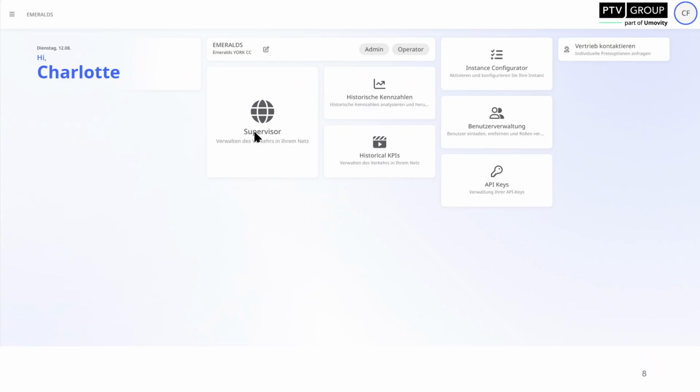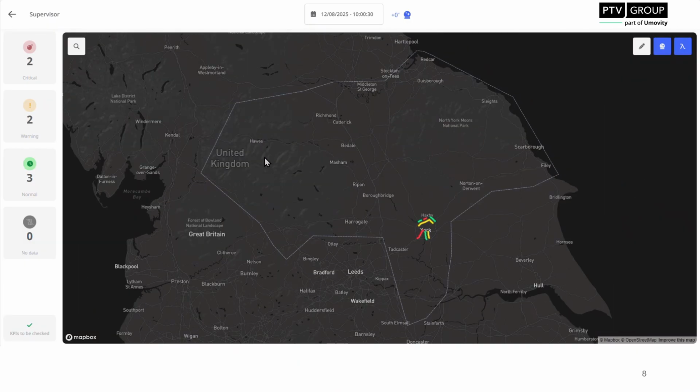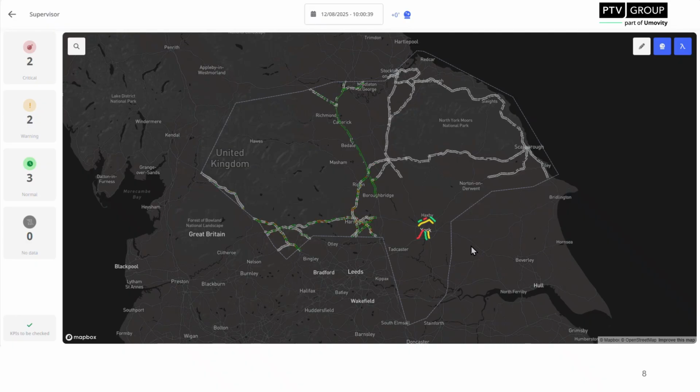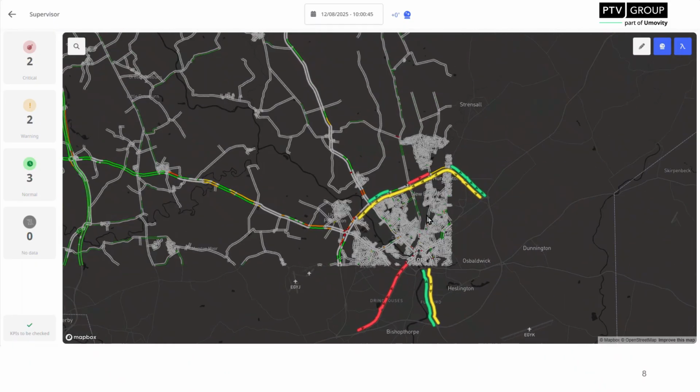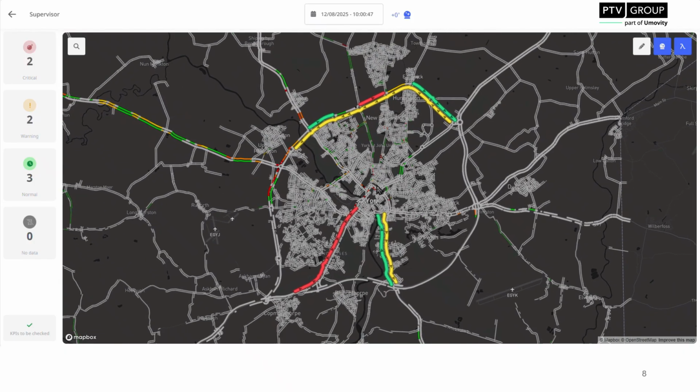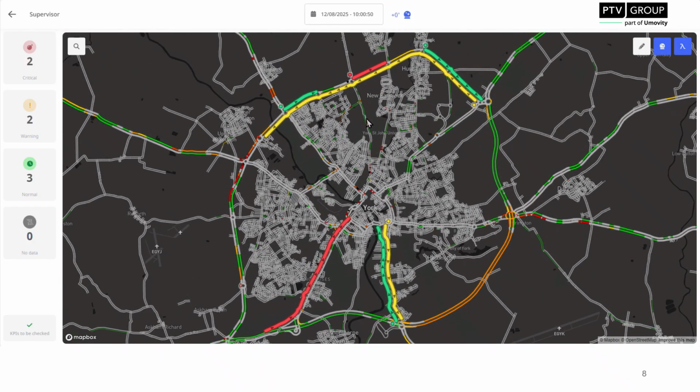Okay, so let's now have a look at the demo of PTV Flows. When you open the software, there is a short loading time while the data initializes. And once loaded, you can view the data for the entire North Yorkshire region. You see some bold lines indicating corridors with defined KPIs that have been set by the City of York itself. And you see real-time speed in miles per hour. And going on the corridor,